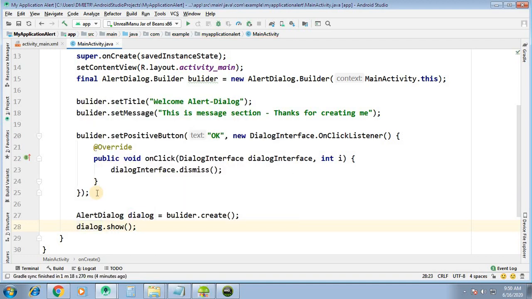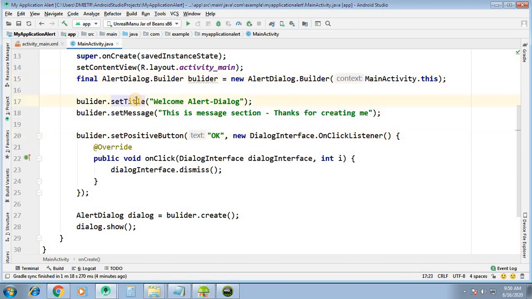So these are the things we have to keep in mind. Very first, create an AlertDialog.Builder object for this context, MainActivity for this activity. Then builder.setTitle. We have to keep three things in mind: title, message, and the last one is the action part, the OK button.